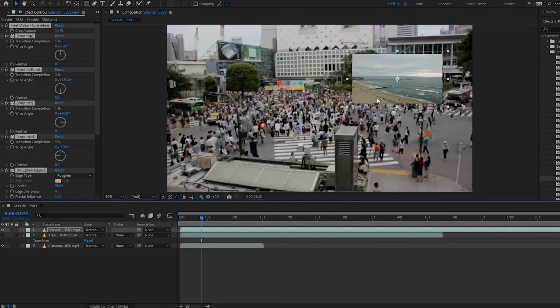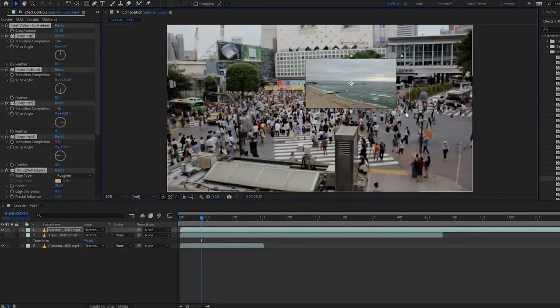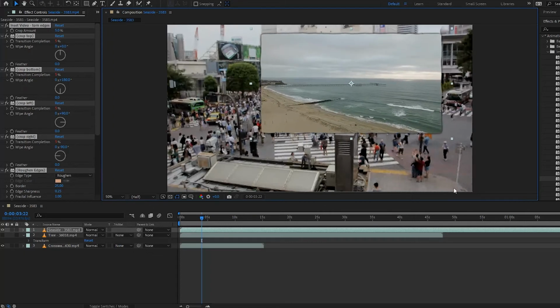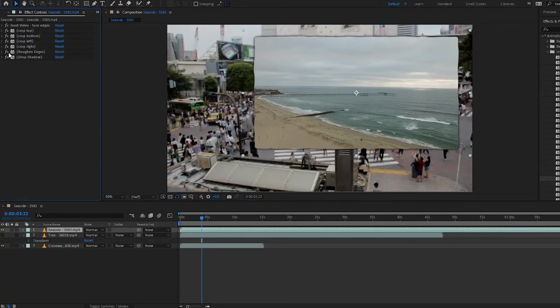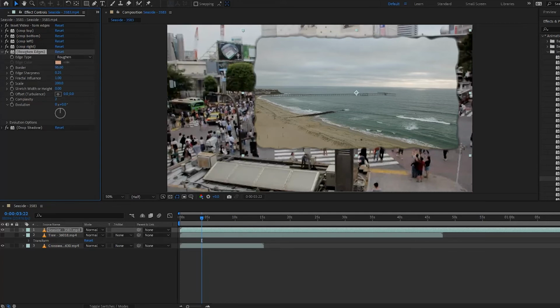And if we zoom in a little bit and we make this bigger, something like that, notice that we have this torn edges on the side. So let's twirl this up. It's called roughen edges. So if we turn it off, it's normal. Turn it on, we have the roughen edges. And if you want to make your changes in here, you can do that. So border, you can mess with this if you want, or you can change the edge type,